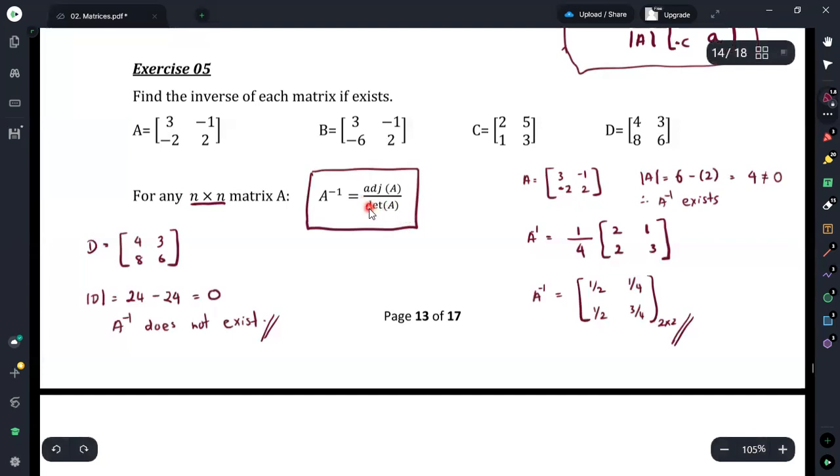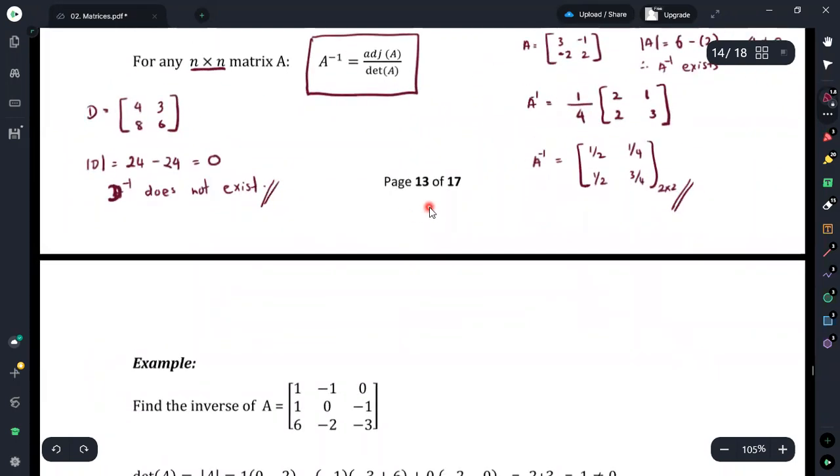Now you may understand why there is no inverse if the value becomes 0. It is because you can see that we have to have this multiplication as 1 over 0. Therefore, with 1 over 0, we are not able to define a real value for the inverse of the matrix. It is quite simple, we can say it as infinity. That is why we are saying that if the determinant becomes 0, we are getting 1 over 0, and we are getting the value as infinity. That is why we are saying that the matrix inverse does not exist. Here this should be D inverse, not A inverse.